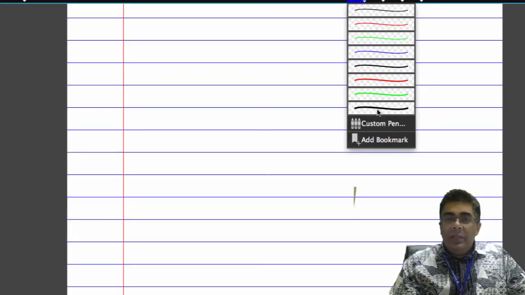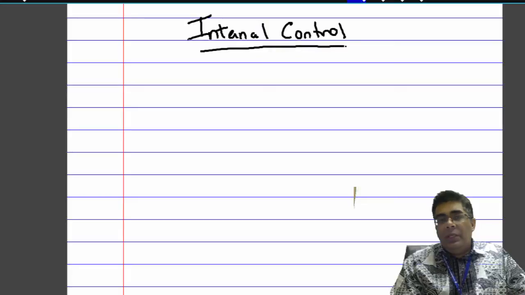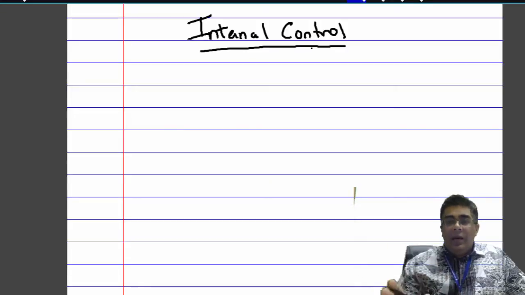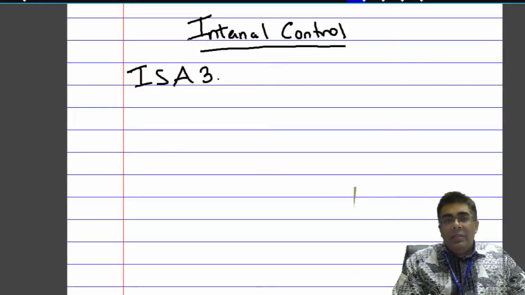Today we'll be speaking about the topic on internal controls. In the last topic we have learned about the audit procedures, we have learned about audit evidence, and we understand how audit work, the activity, the process is different from audit evidence. So now, before we go into collecting audit evidence, ISA 315, International Standards of Auditing 315, says that we